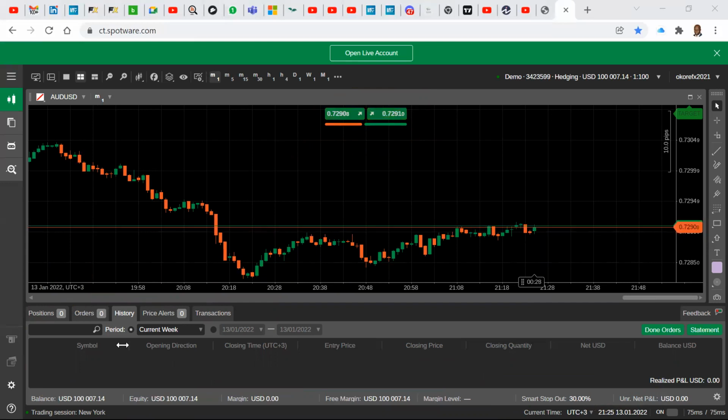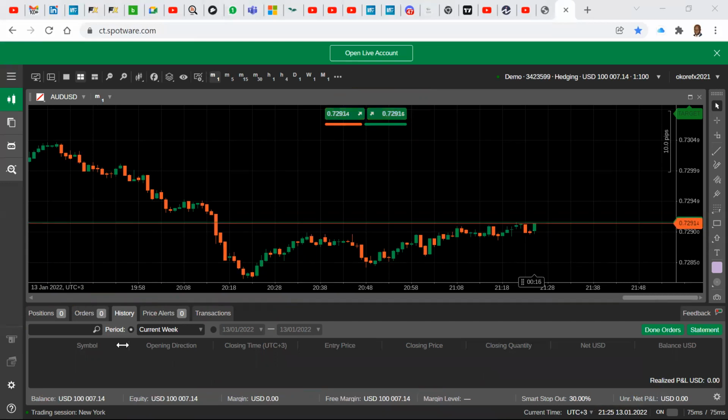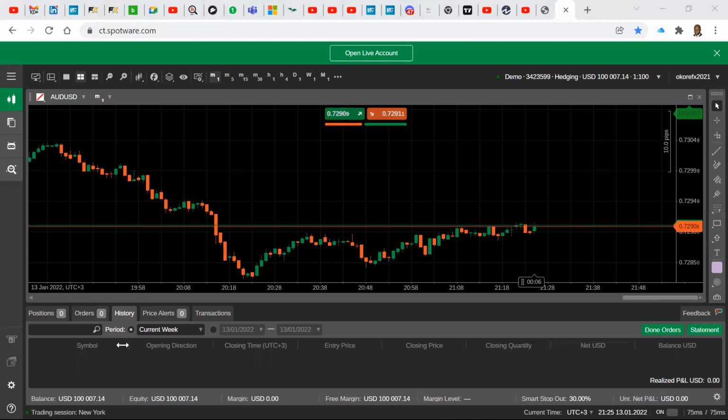I want to walk you through, even though we don't have a lot of time, the basics of this cTrader platform. I told you it's one of the easiest to use, and it looks sophisticated, but trust me, it is very easy to use. Once you get used to this, you might not like the MT4 or the other platforms. All right.